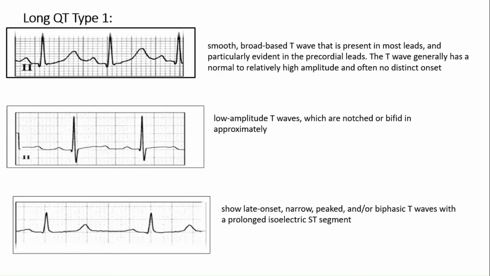So the first one is long QT1, the second is long QT2, and QT3 is 3. Okay, so it's systematically written. Long QT1 is